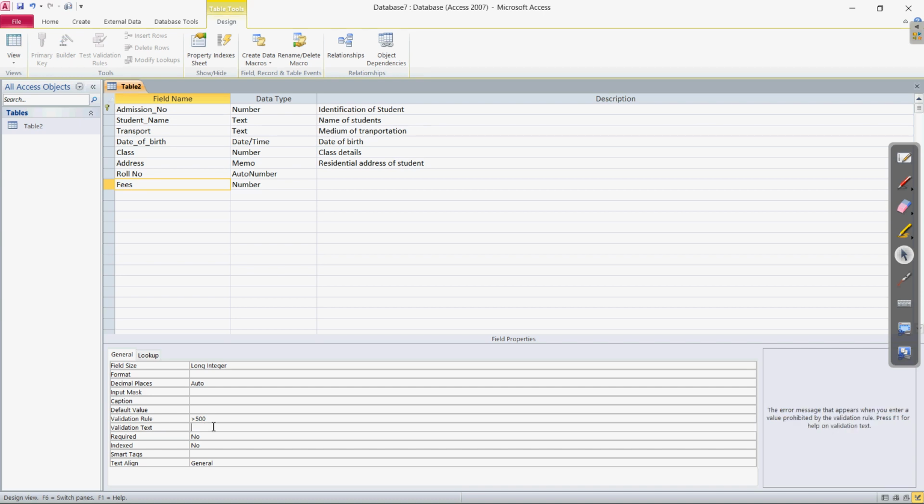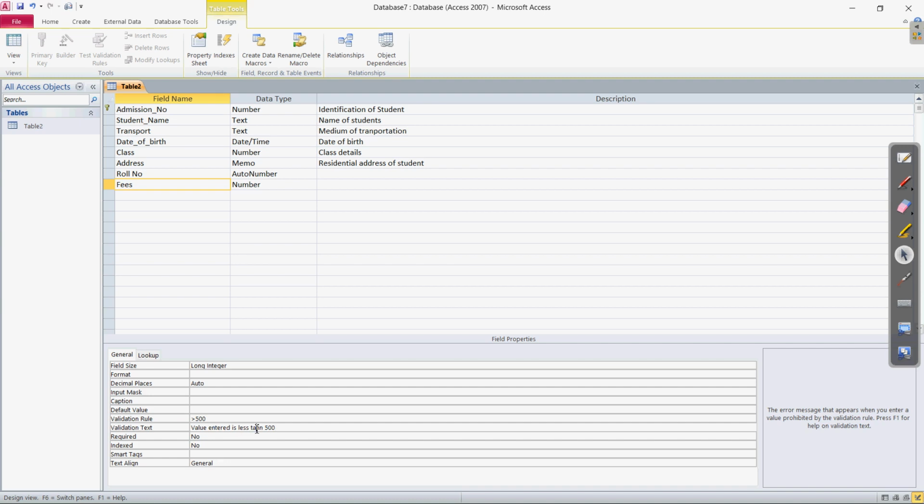In the validation text, suppose someone is entering 200. So what can we enter in the validation text? In the validation text we can write: value entered is less than 500. Clear?